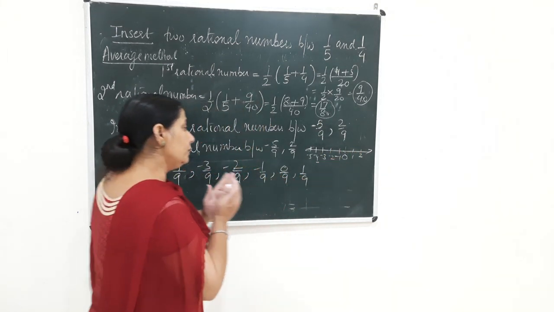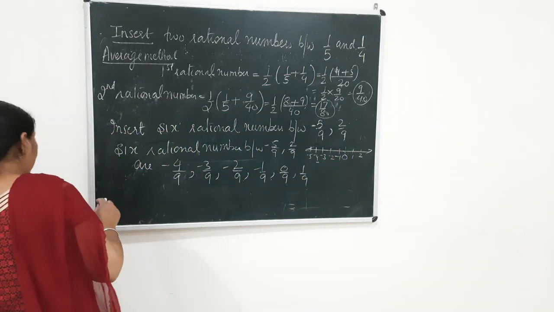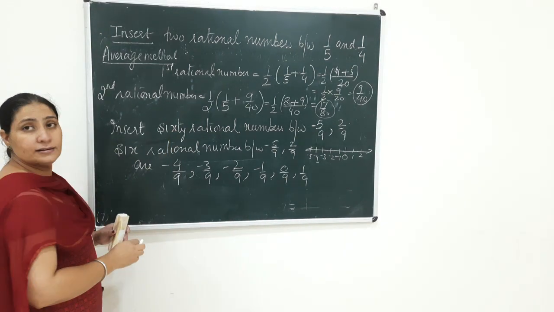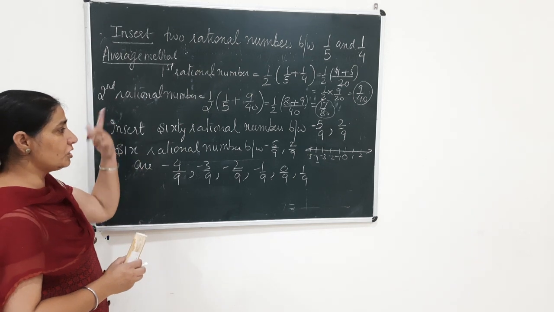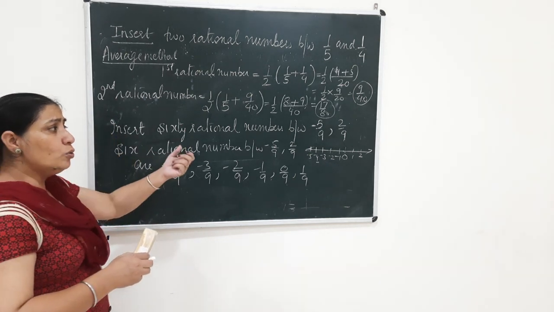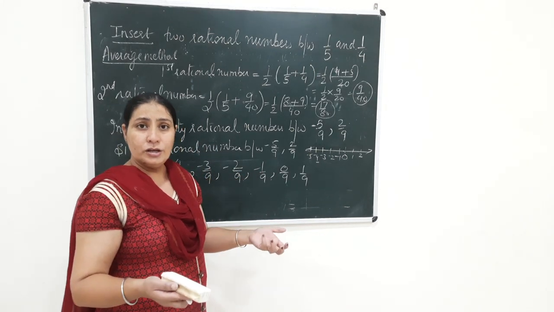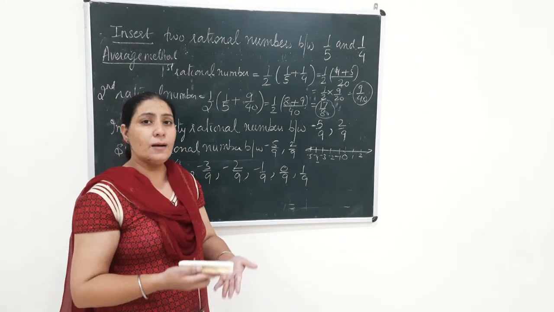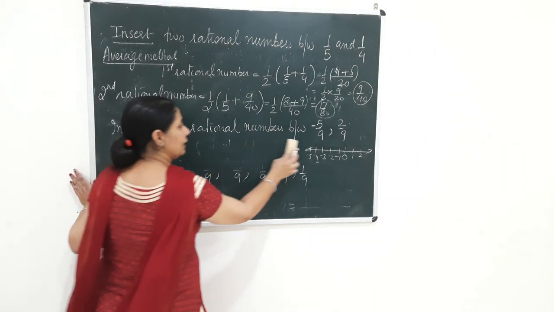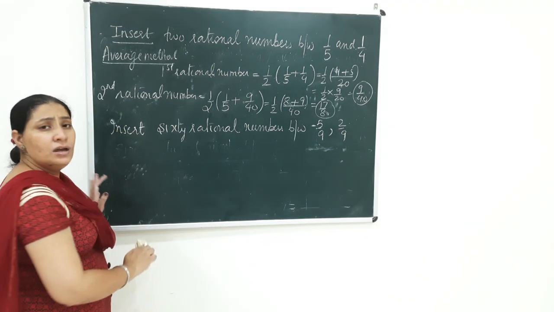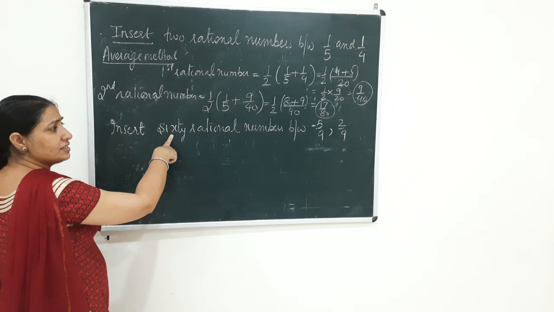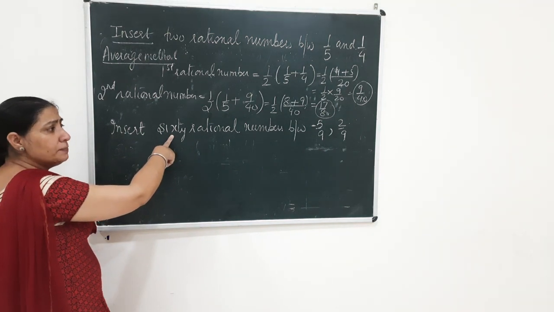ठीक है? अब ध्यान से देखो, अगर इसकी जगह अगर आपको बस 6 नंबर्स की बजाय यहाँ पे 60 रैशनल नंबर्स आ जाए, ठीक है, अगर आपके पास क्वेश्चन चेंज होके यहाँ पे आ जाए 60 रैशनल नंबर्स, तो क्या होगा? यू हैव टू क्रिएट अ गैप नाउ. जब तक आपके पास गैप नहीं होगा आप उसमें नंबर्स इंसर्ट नहीं कर सकते. So how to create that gap? I'll tell you. And beta, this is a question which is important for 9th class point of view also. So क्या करना है? If you want 60 rational numbers, so बहुत सिंपल है बेटा.